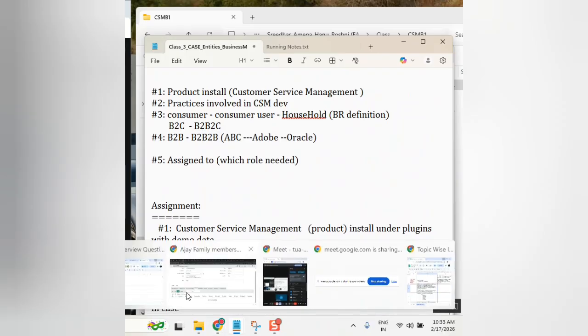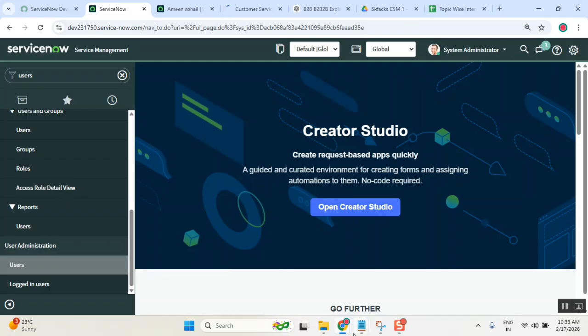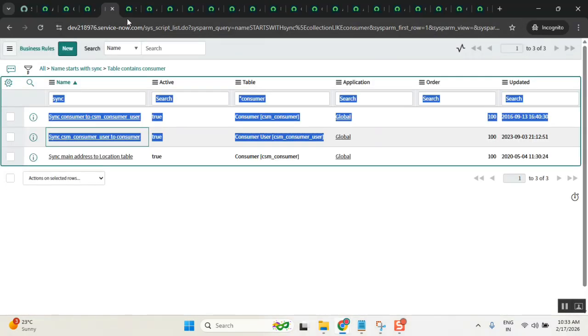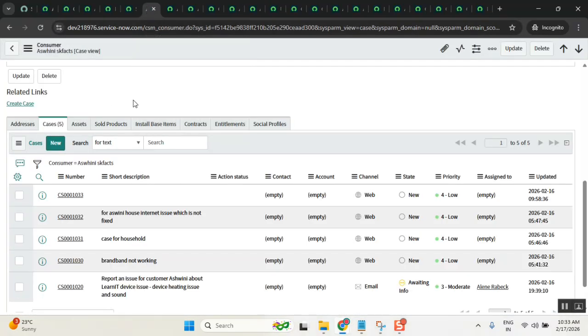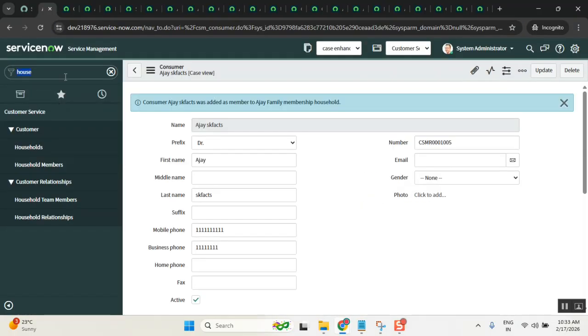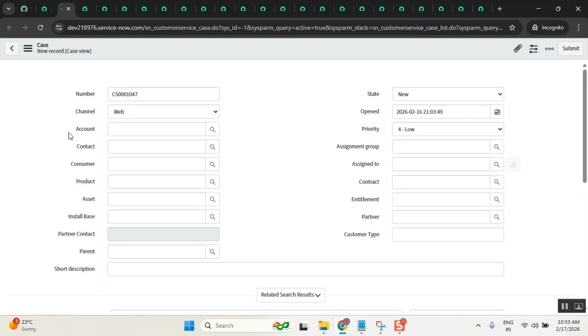What is an account? What is a contact? What is a product? Try to note the definitions maybe in OneNote, or else I will also provide the notes. But this is more generic. So what is an account? An account is a company where you sold your product. What is a contact? From that account, one contact will be there